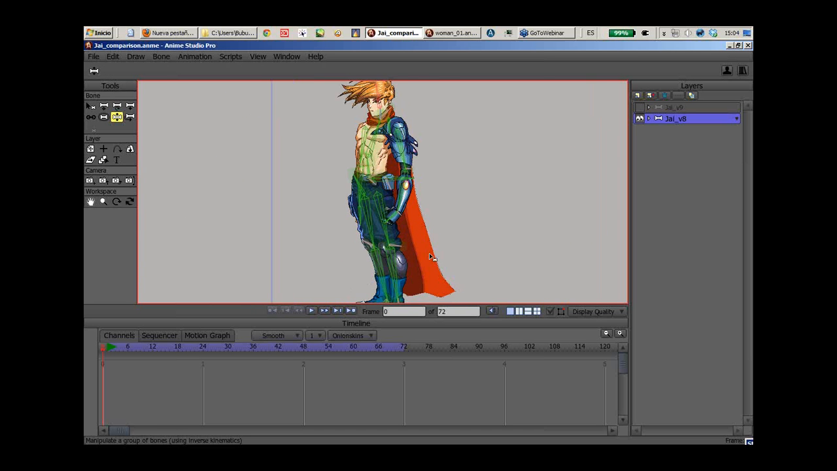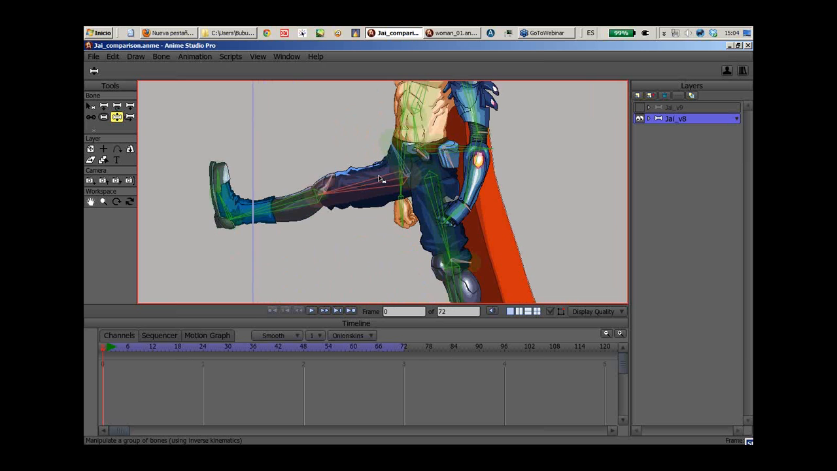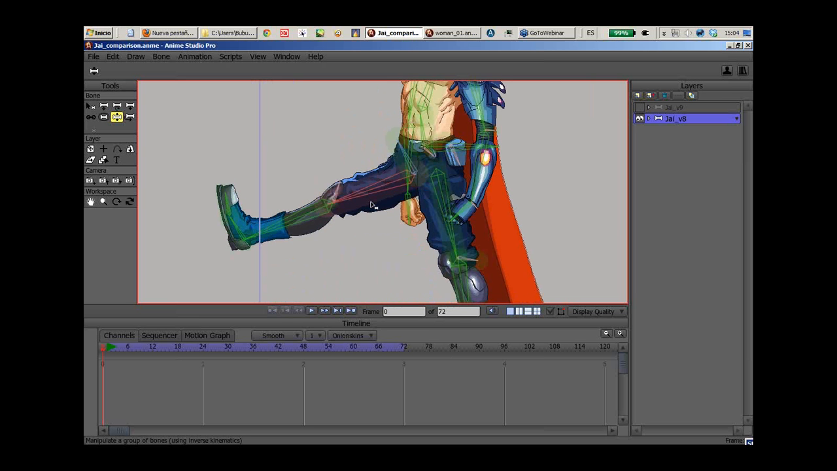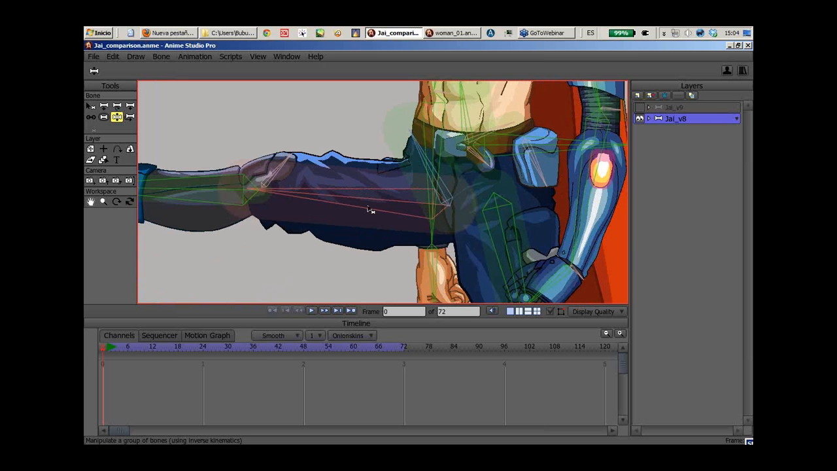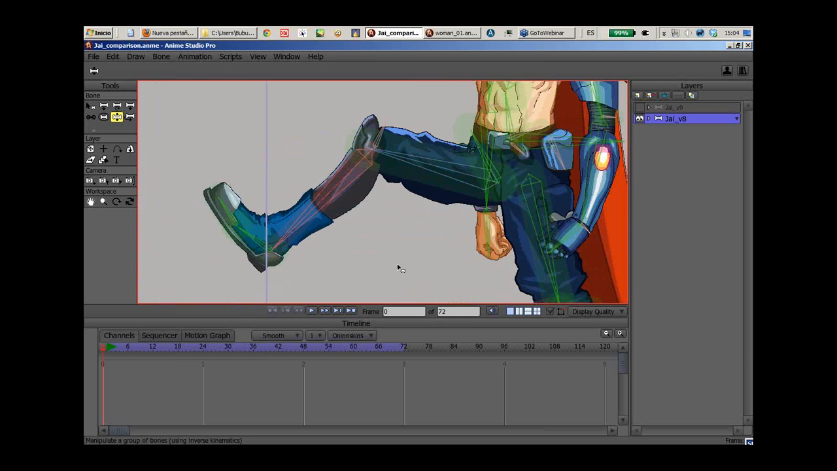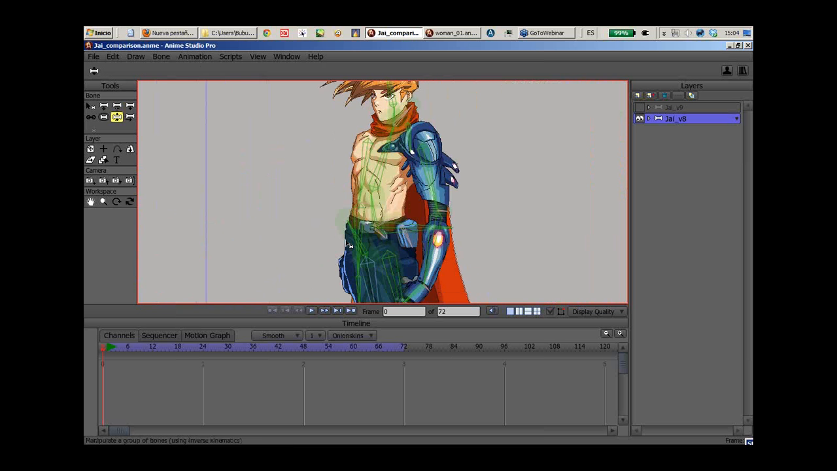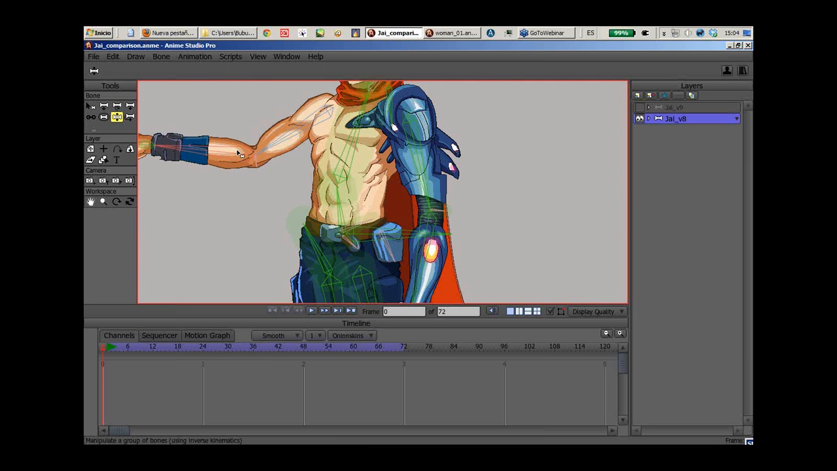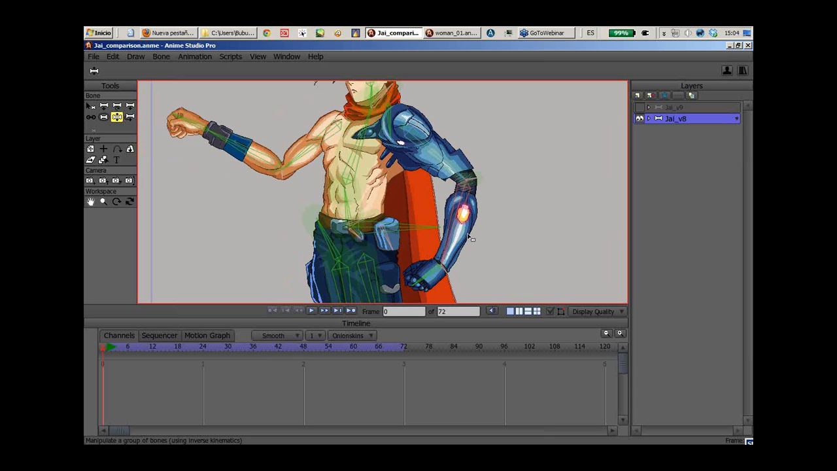But I wasn't too comfortable with this rig because it presented problems. For example, here with the leg, the legs didn't work exactly as I would want, or here the elbow, and I